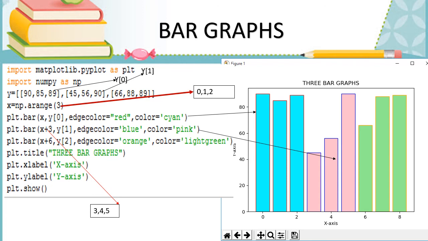And next is the third bar graph, x plus 6. The x value is 0, 1, 2, so 6 is added: 0 plus 6 is 6, 1 plus 6 is 7, and 2 plus 6 is 8. And next, y of 2 means we take the third sublist of y, and based on this the third graph is drawn. Face color is light green and border color is